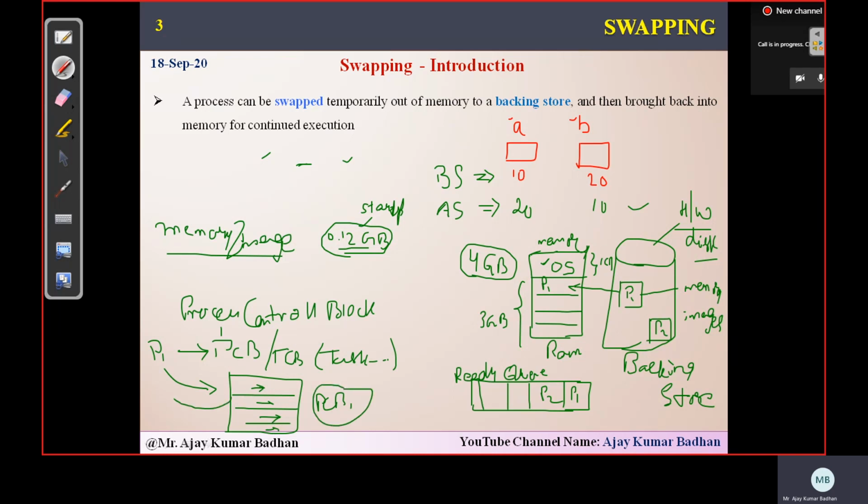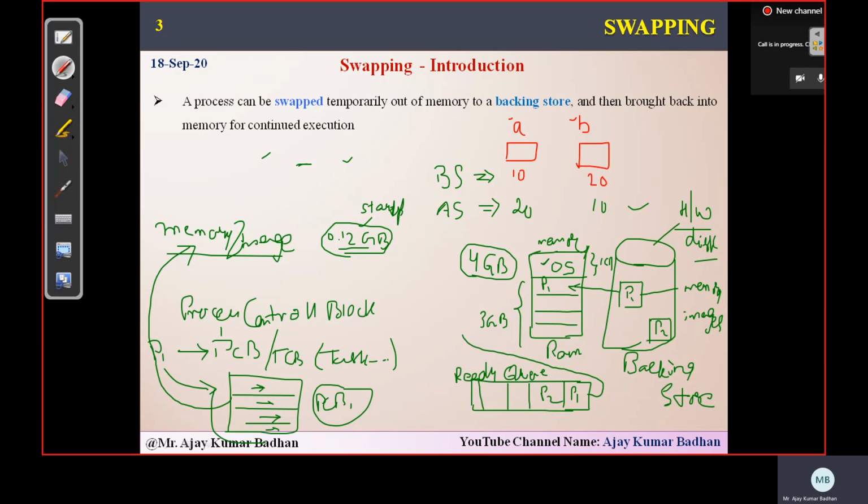All that information will be present in this particular PCB. Now this PCB is what is being referred to here as the memory image. This will be stored on your external hard disk in the format of a memory image. Now, whenever the main memory has space, the operating system will try to find which process exists in the ready queue.